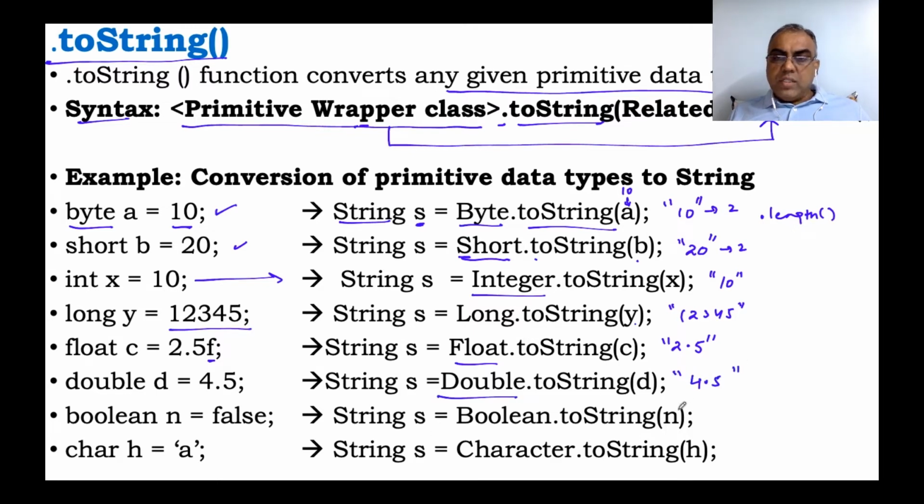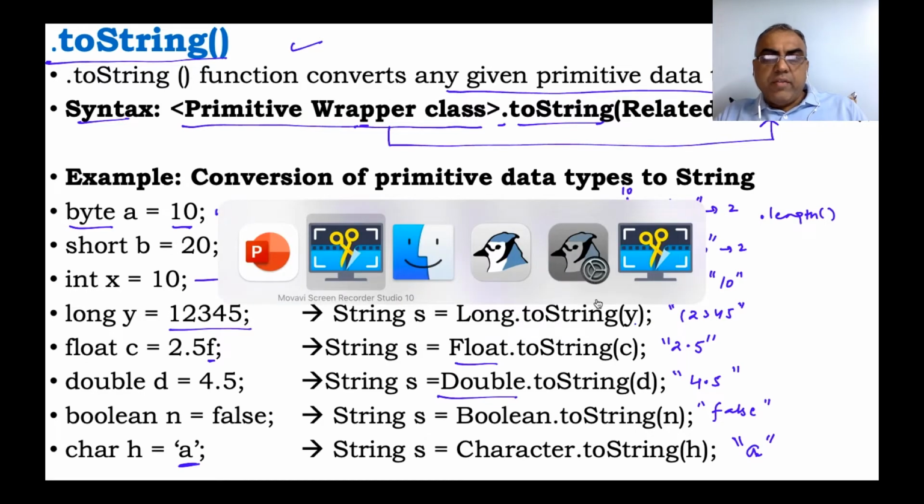False is going to make false like this, and of course a character will become, from single quoted char type, a double quoted A, which can be extended further in your string. I can add a few more characters now because it has become string, but in character you cannot have more than a single character. So this is how all primitive data you can see has a mechanism where the toString function will convert all of them into string.